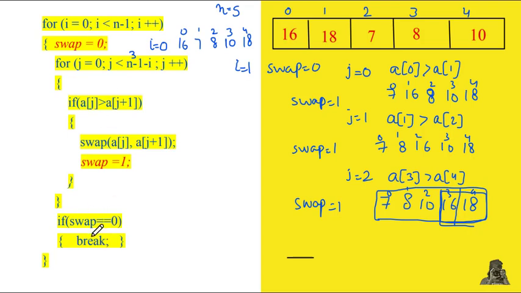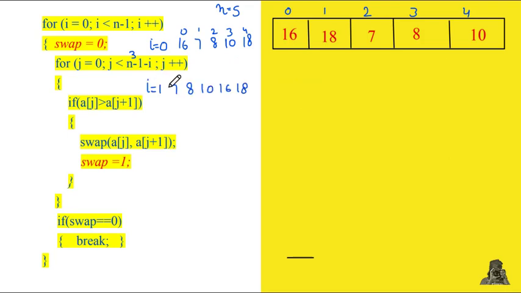So this will not be executed and we will move to the next i value, which is i equal to 2. After the completion of pass 1, this is our array. Now we will be referring to this array. Now i's value has been changed to 2. Again we have to check the condition here, which is 4: i is less than 4, 2 is less than 4. So this outer loop will be executed. Swap's value has been set to 0.